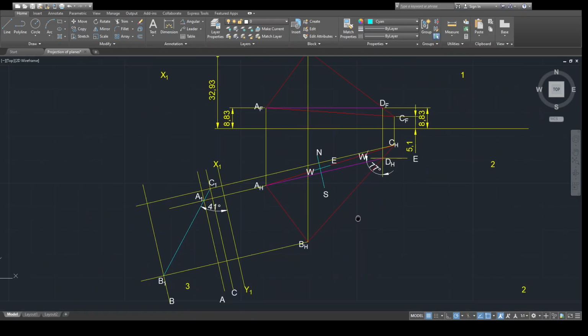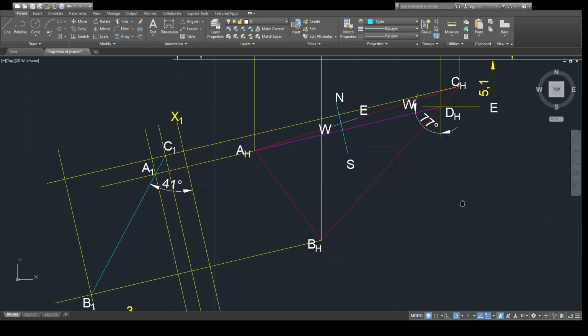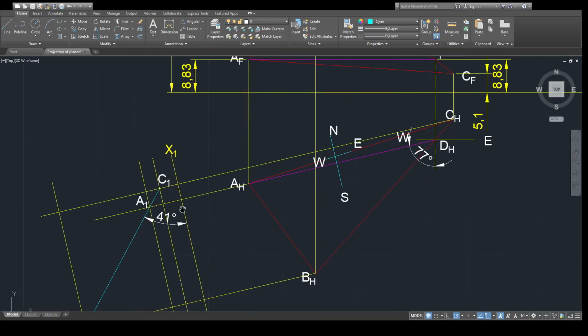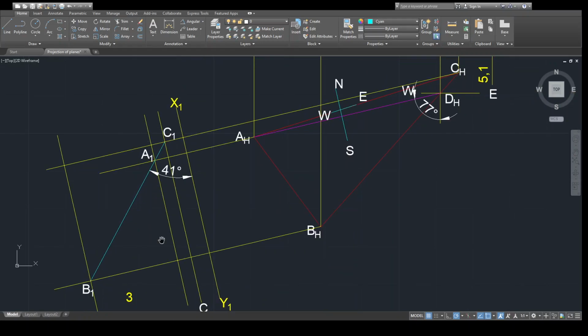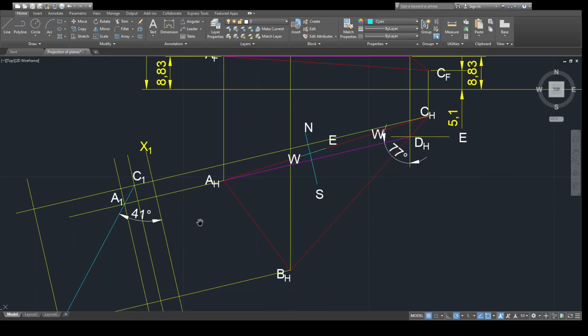So in order to determine dip direction, we have drawn the bearing directional line perpendicular to the strike line. Now you can see the dip line, the lower side of the dip line is this one. So this is the lower side and this is the higher side. The lower side, that is point C, is close to the x1 y1 line compared to point B. So the lower side is above the strike line.